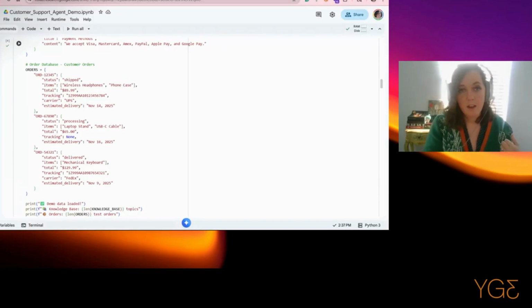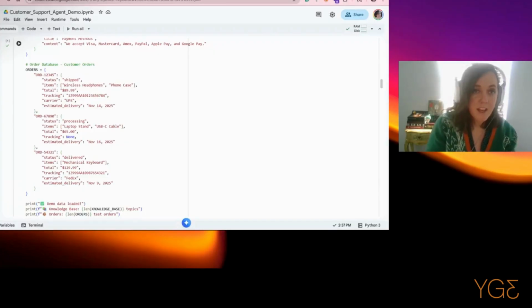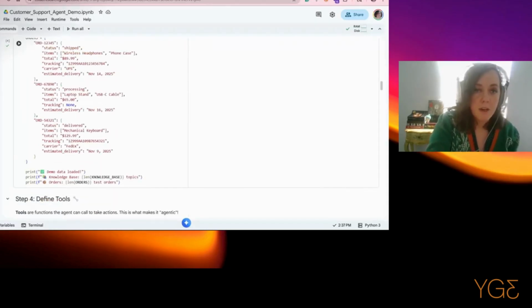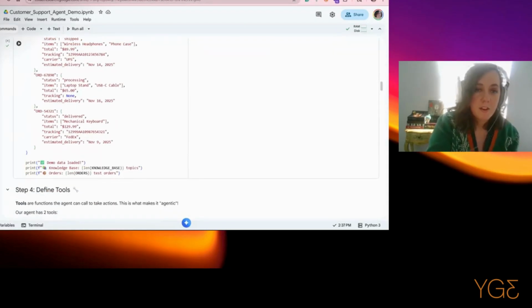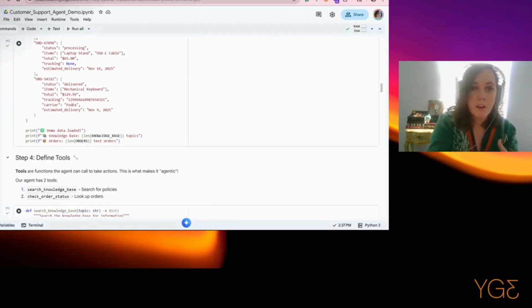Sweet. Order 67890. I cannot say 67 around my children, but here in this space we can, so it's fine. And set the status to processing, laptop stand. So it has the orders, the estimated delivery, everything's in there so that we're going to be able to simulate